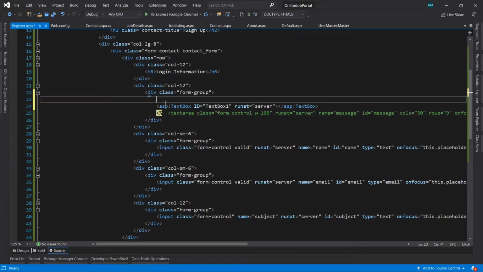So there is an HTML tag, label. Give the name as username.